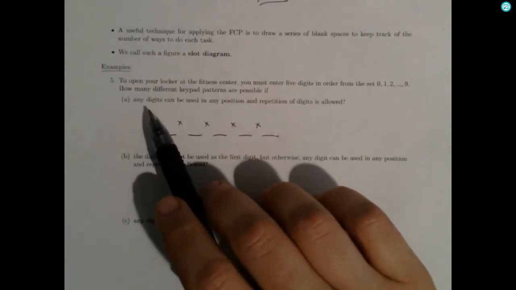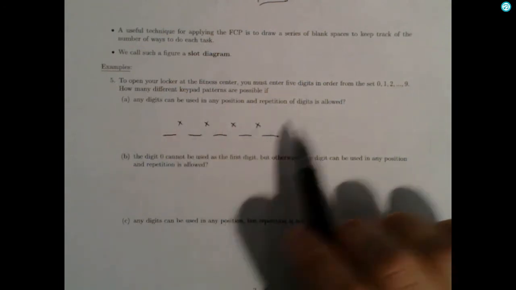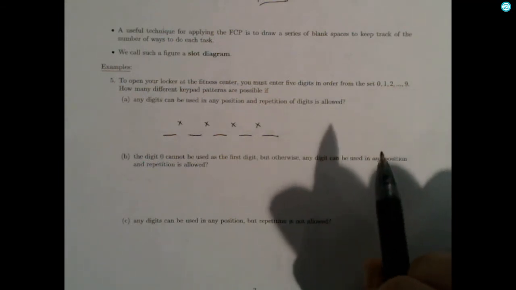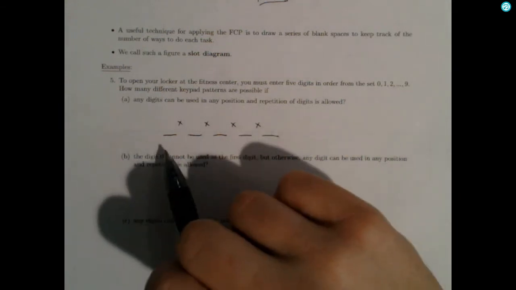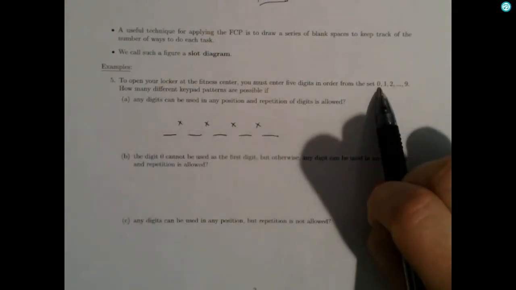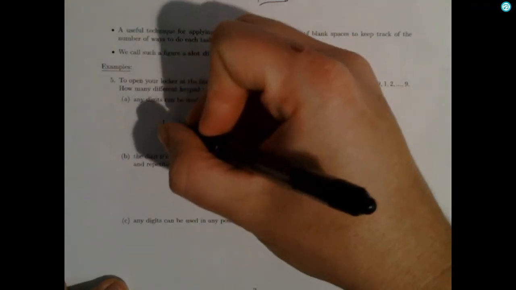So to go into these blanks, we need to choose digits from the set 0 through 9. But the question is, how many different ways can we do that, right? So how many ways can we choose the first digit? Well, there are 10 digits here to choose from. If you count up 0, 1, 2, 3, 4, 5, 6, 7, 8, 9, right? So 10 digits. So there are 10 possibilities for the first